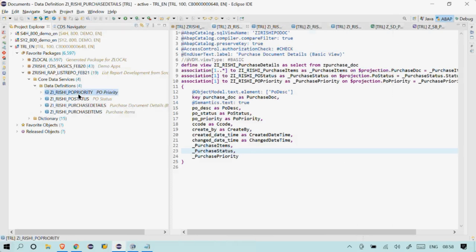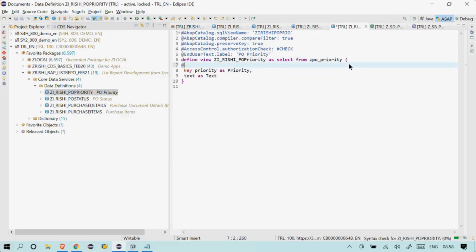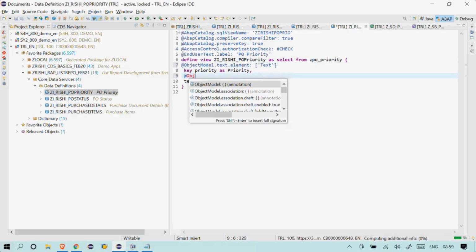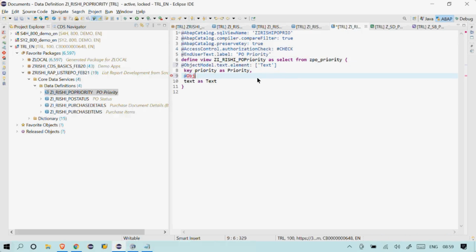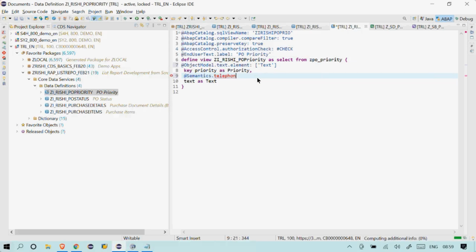So I've added everything, and priority also I'll finish, and we'll start with the other composite view. Let me add quickly. And here I'll say object model, semantics, text true, and activate it.